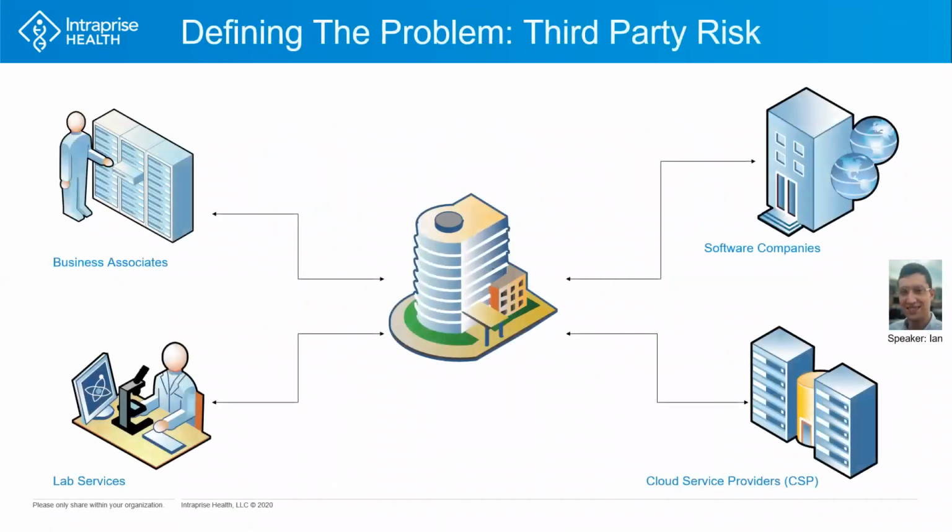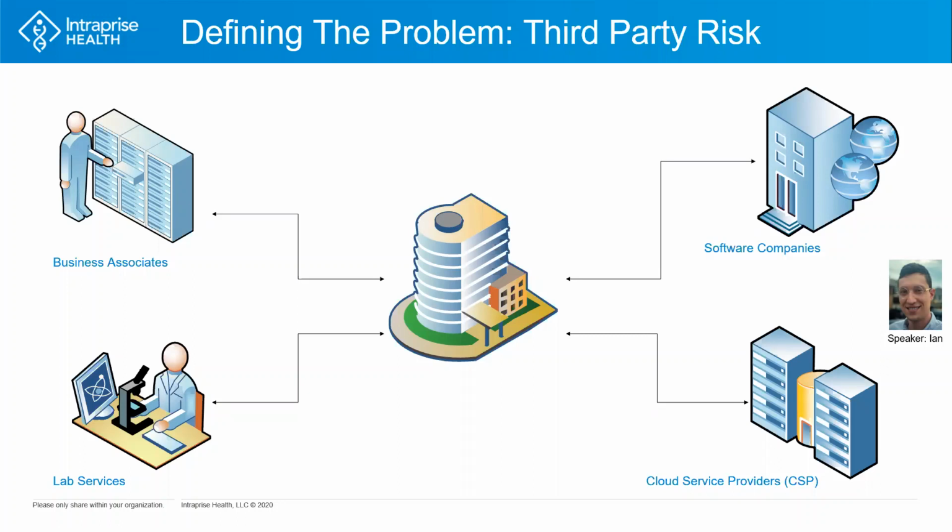Ian? Sure. To further define the problem of third-party risk, I have here an illustration of what an organization, either a covered entity or business associate itself, and their environment may look like when taking into consideration their potential for third-party risk. Like Brian said, with the proliferation of different vendors, services, and products that seek to aid covered entities in achieving their objectives, we can see here that it is essential for the organization to integrate with those different vendors and products, which creates a network of vendors and different third parties in the